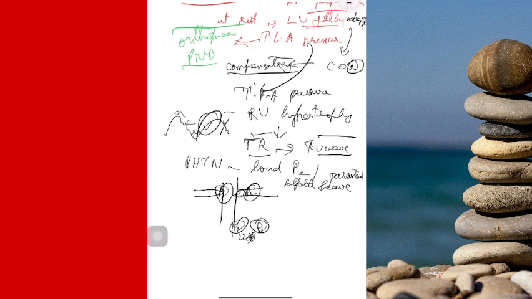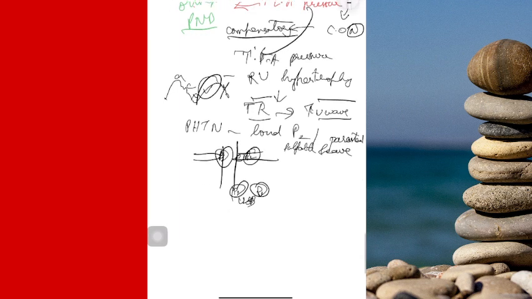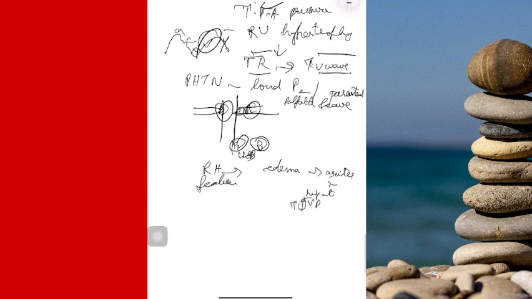Okay, in your JVP, we'll talk about that in the JVP class. So you can have features of right heart failure. What are the features of right heart failure? You can have pedal edema, then ascites, tender hepatomegaly, and raised JVP. And in the JVP, if you have tricuspid regurgitation, you can have a prominent V wave, which is basically due to right atrial filling. Oh, I just mentioned right ventricle. No, V wave is for right atrial filling.